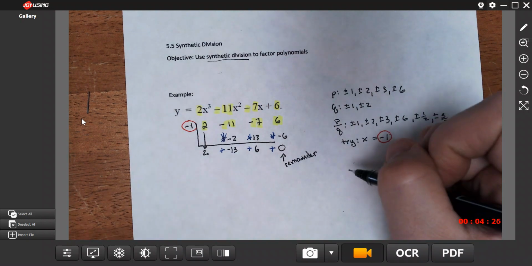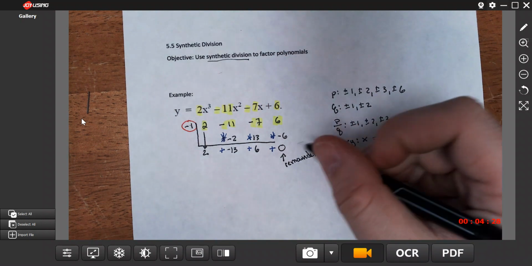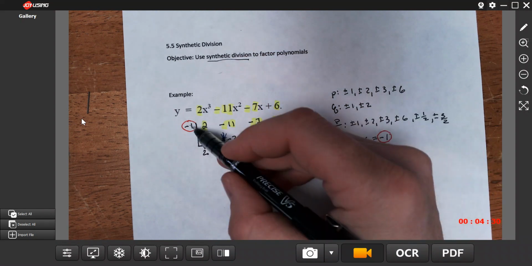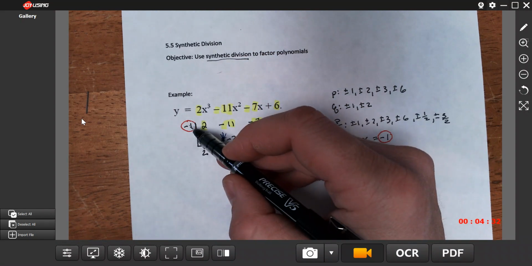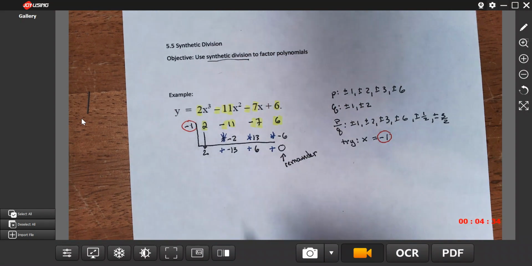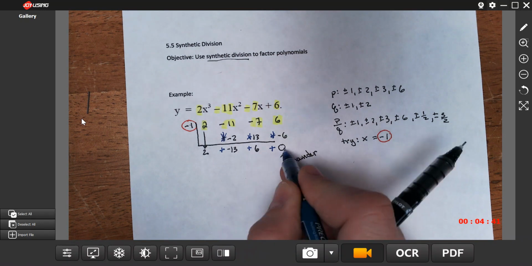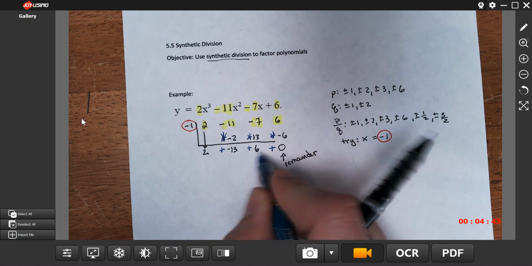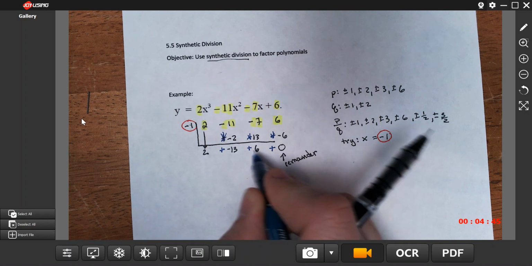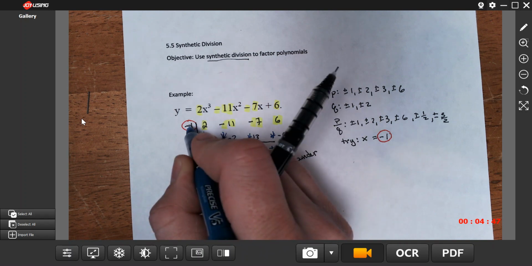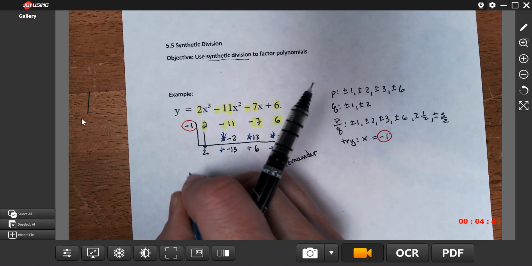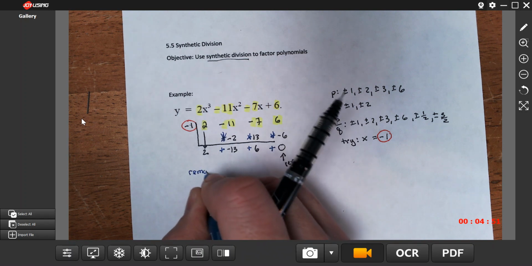So since we have a remainder of 0 after doing the division, that means that this was in fact a 0. So that's great, because now we're almost done. It turns out that these values along the bottom row, as long as your remainder is 0, are the coefficients on the remaining polynomial after the factor corresponding to this is factored out. So the remaining polynomial